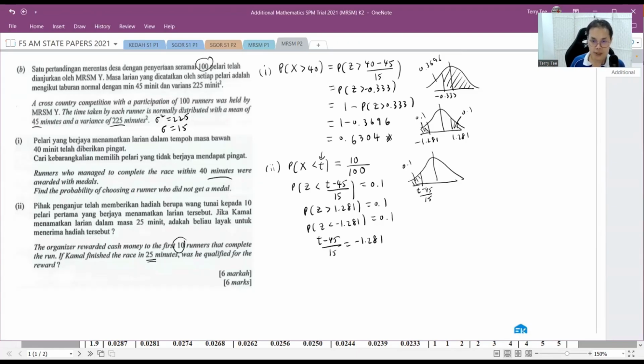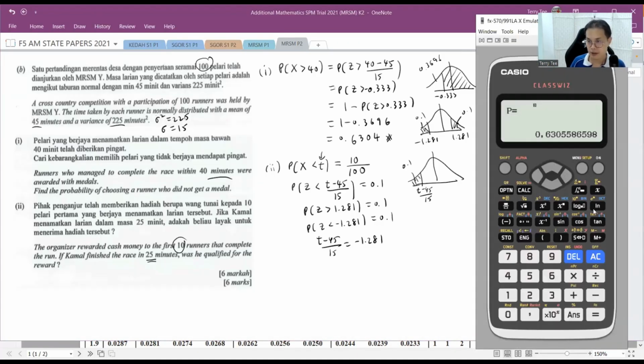Now, you can double check using this calculator. If you have this calculator, only the black and white and the class widths can do this. You press mode, you go to 7, you go to inverse normal 3. Then you key in your area as 0.1. Okay, now you put in your sigma is 1, mu is 0, because it's a standard normal distribution. You press equals, it's negative